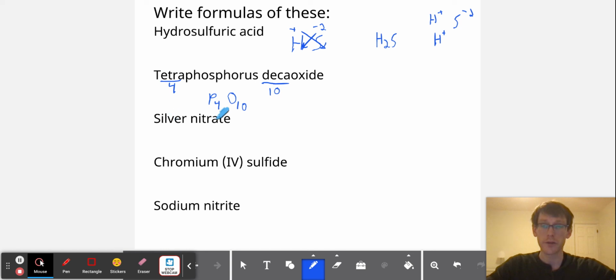All right, next we have silver nitrate. So silver, I look up on the periodic table, it's Ag. Nitrate, I either have it memorized or I look it up, it's NO3. Now, nitrate has a -1 charge, and you get that from your list of ions. Silver is one of the exceptions in the D block. You don't get this from the group number, but you have it memorized that silver is only ever going to be +1 in an ionic compound. So I look at the fact that silver is +1, the fact that nitrate is -1, I realize I have a 1-to-1 ratio, so the formula is simply